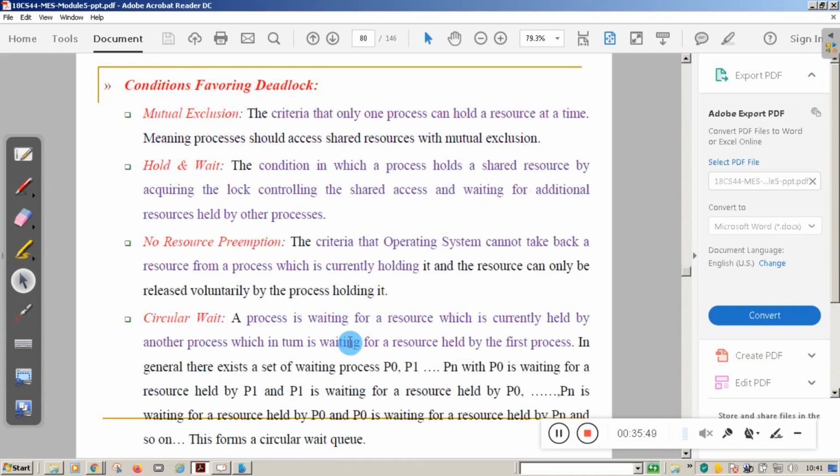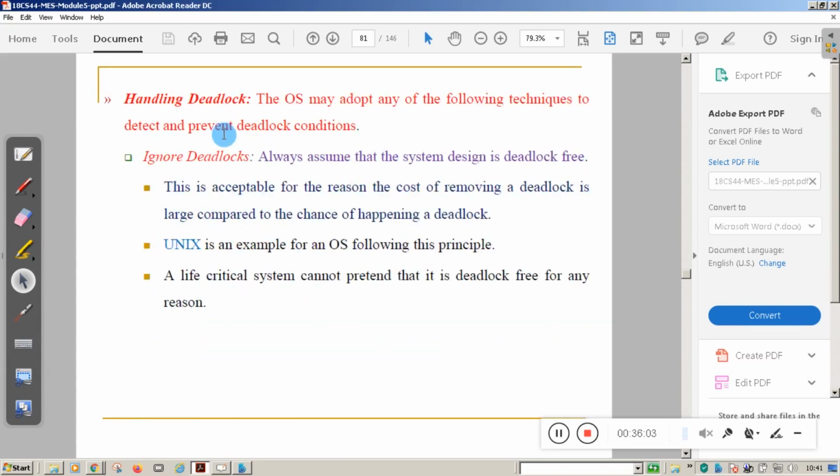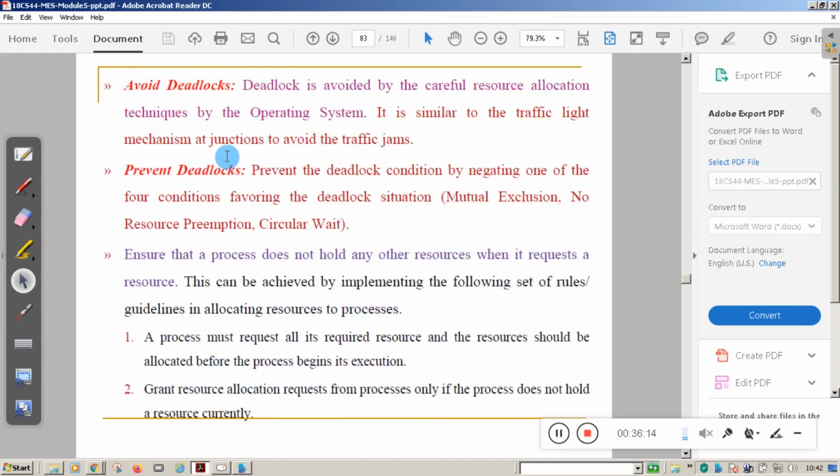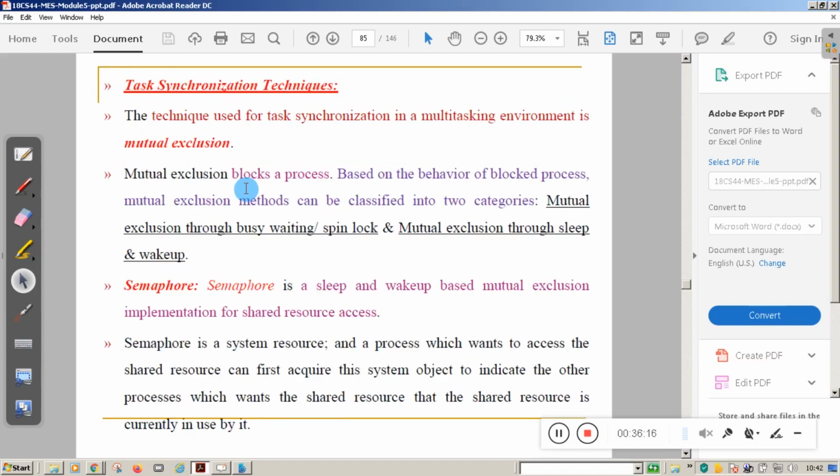We studied what a deadlock is and the conditions favoring the deadlock: mutual exclusion, no resource preemption, circular wait, hold and wait. Then the different ways to handle the deadlock: either by ignoring the deadlock, or detecting and recovering from the deadlock, or avoiding the deadlock, or preventing the deadlock.